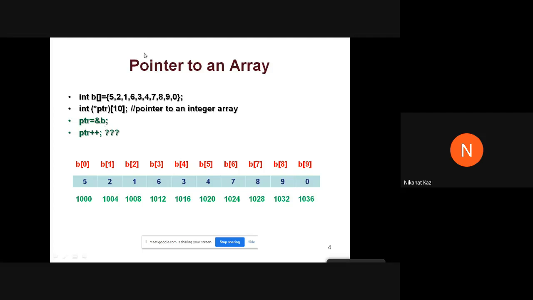So you consider this array B as a whole, and then find out the address of this array. When you find out the address in this way, the address automatically becomes the base address of the array, or the address of the first element of the array.